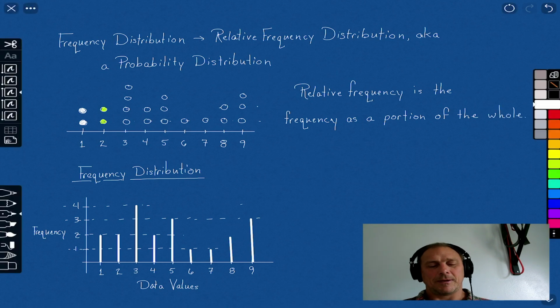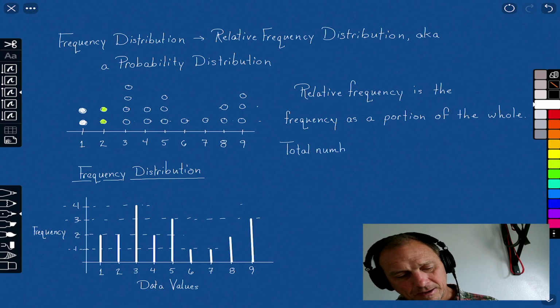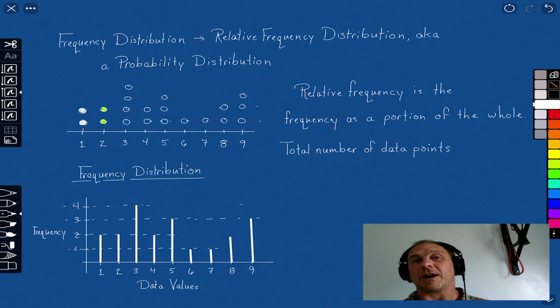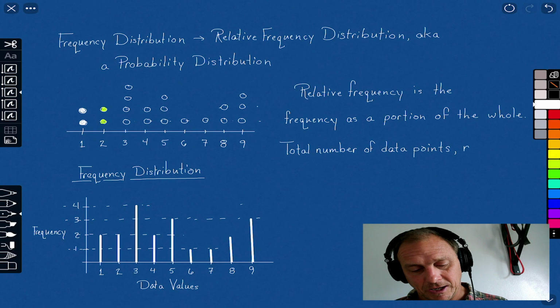Well, what does that mean? Well, in this case, notice what we have. We have our total, and our total number of data points, and we're going to often use the number n for that. Our total number of data points, n,